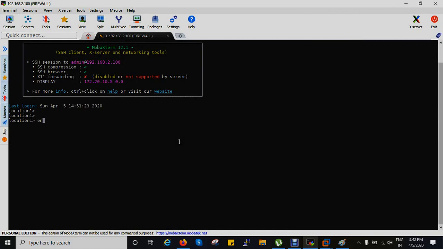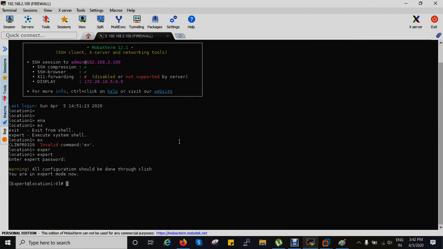You have to enable expert mode and enter the password. After entering the password, follow the steps. If you want to see the files, use the cat command on the web http templates.